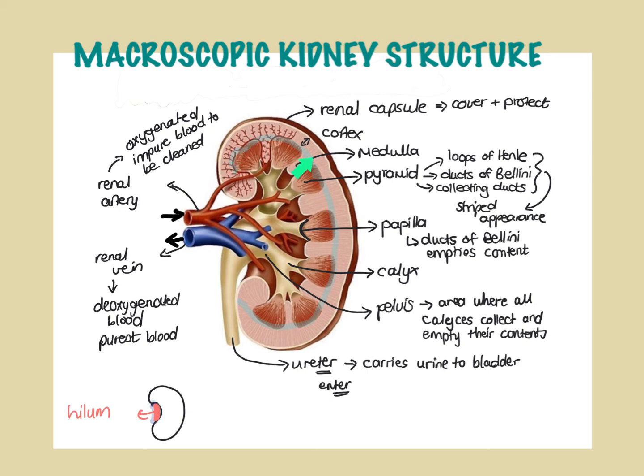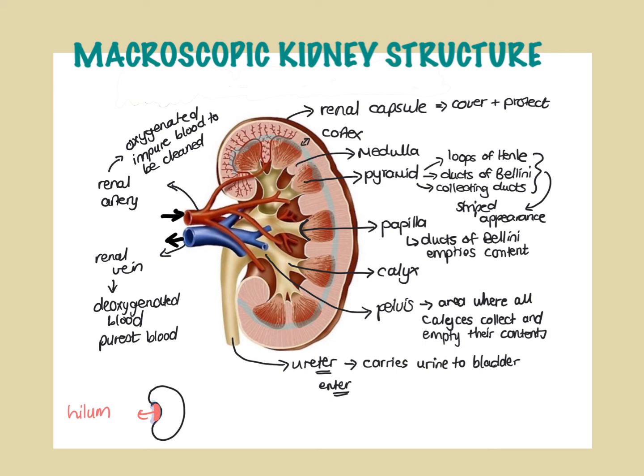At the top of the pyramids, we draw this line. Anything in this area here below the line is part of the medulla of the kidney. So that's the medulla. Anything outside the blue line between the top of the pyramids and the renal capsule, which is the membrane that surrounds the kidney, this area here is called the cortex. So we've got the renal capsule wrapping around the kidney, just the membrane. The cortex is between the pyramids and the capsule, and then the medulla is below the top of the pyramids